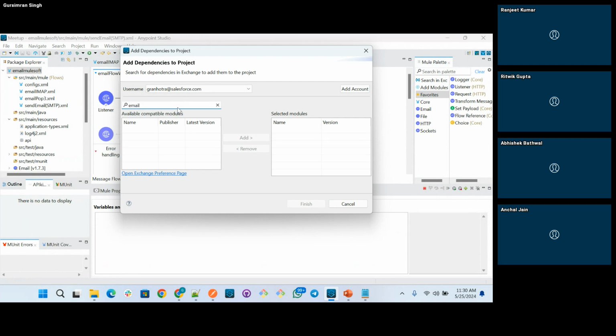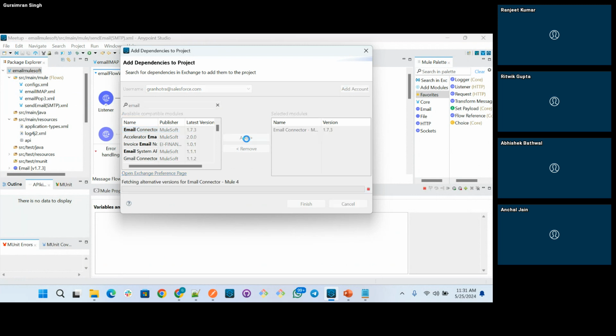So I will tell you from the very beginning how we import any module. Basically, if you click on Exchange and type email, you will see an email connector here, and you have to add it in the module. By doing this, you will be able to add that in the Mule palette.